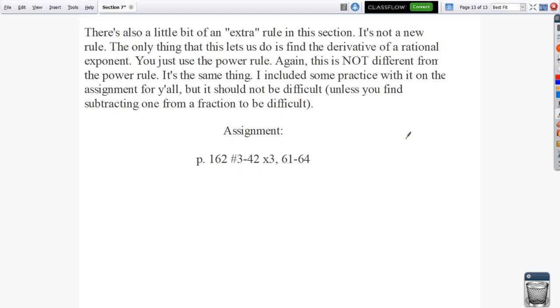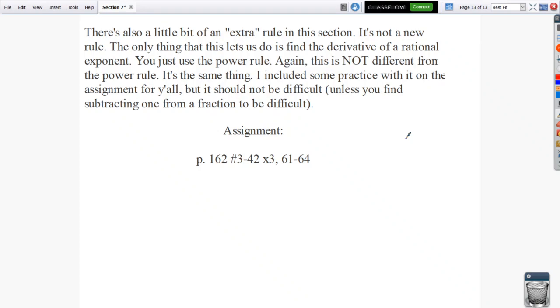There's also a little bit of an extra rule this chapter, or this section, and that's really just the power rule with rational exponents. But we've done that before, whenever we took the derivative of square root of x. So you'll have seen it before, but it's in your notes nonetheless. And that is a